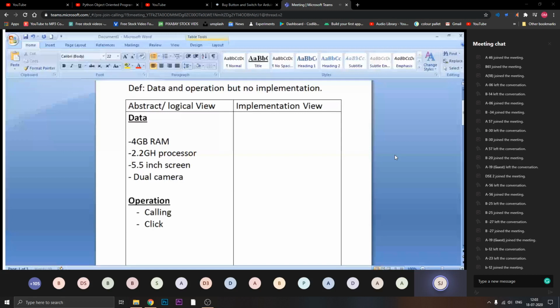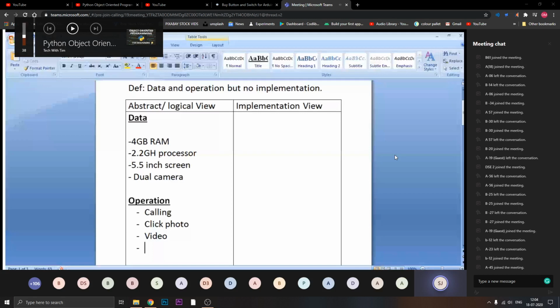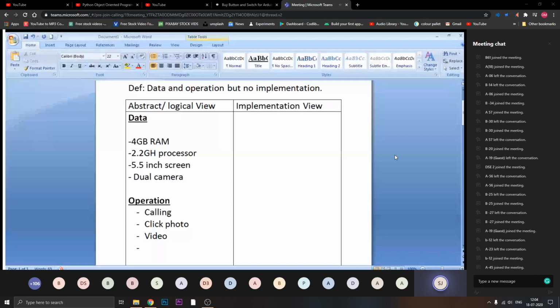Next, according to the data, I have to mention the operations. If RAM is there, it should load all the things as per my task. Processor should work on anything, like calculator and all. If I'm having a screen, it should be a touch screen, and it should open all the tasks as I want by clicking.